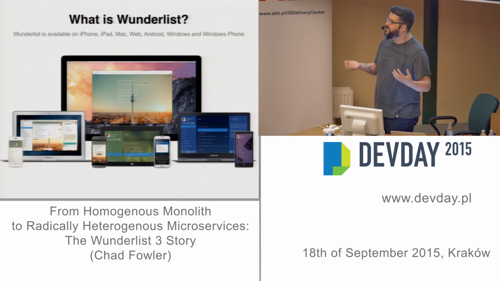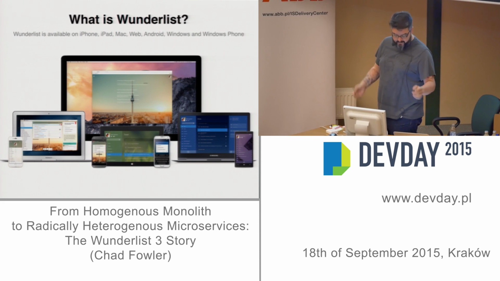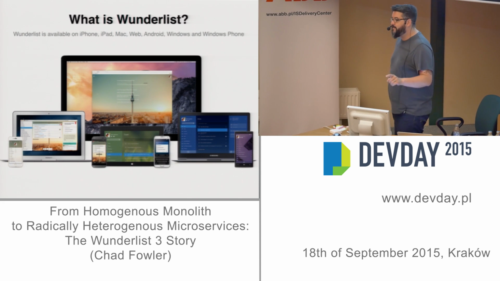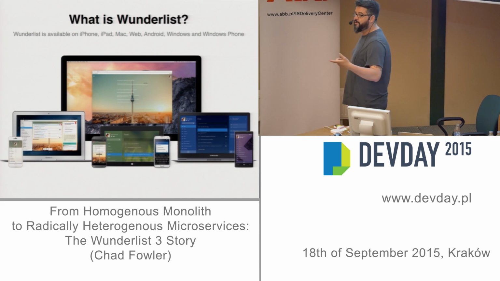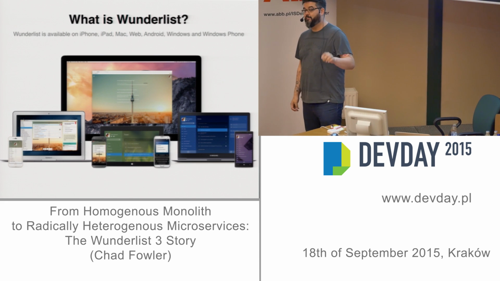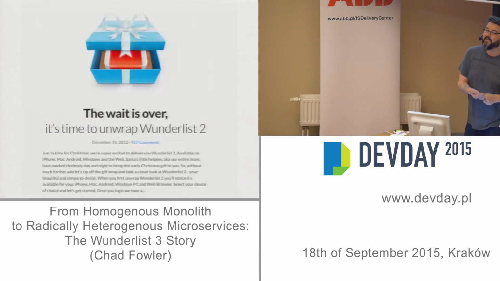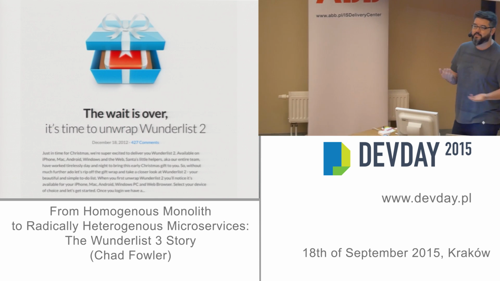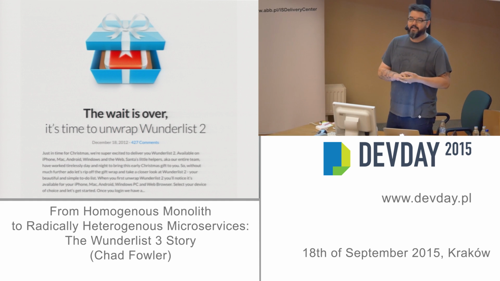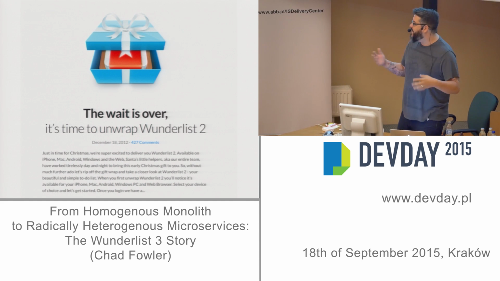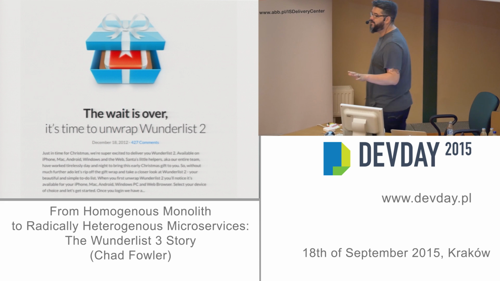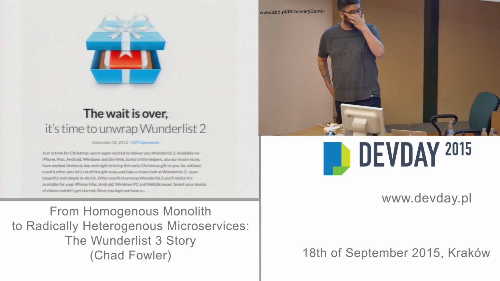And building a thing like this is actually pretty difficult, it turns out. The team that built it before me, I didn't build the initial version, they learned how difficult it was a few times. So they had Wunderlist 1 initially, which was written like a startup. You know, it was basically an MVP. The sync was really weird. It was this PHP backend. It was never going to work. They knew that, but they got some popularity. It was the right thing to do.